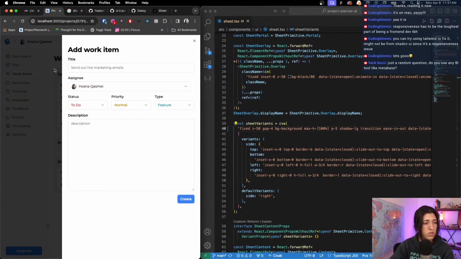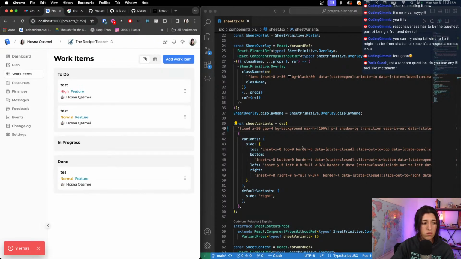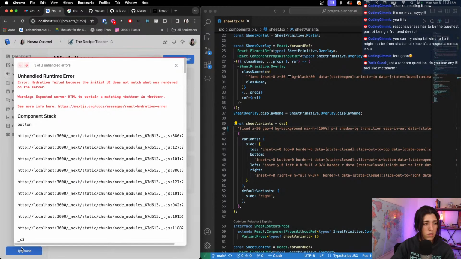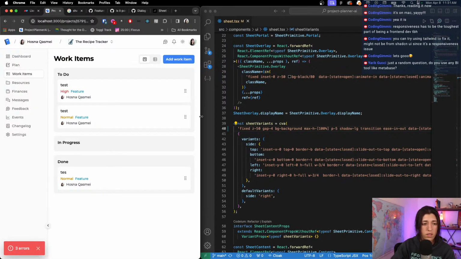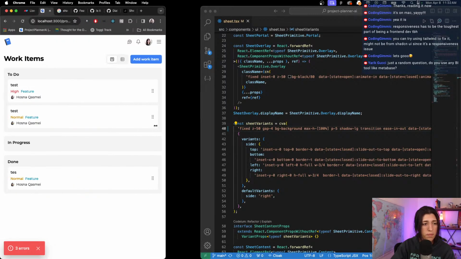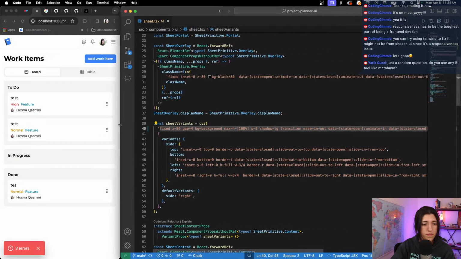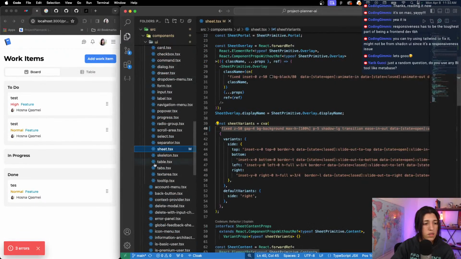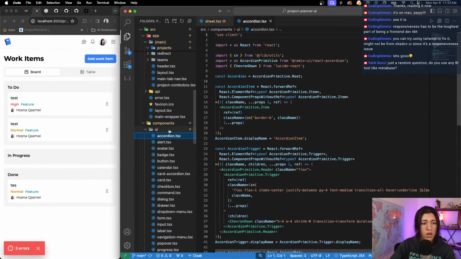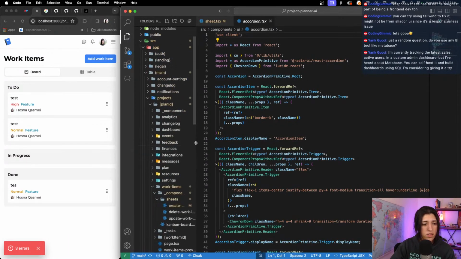Maybe it's because, what's the issue? Oh wait, now it's showing up. A button within a button, right. Okay. And that is happening. I think it's because of,